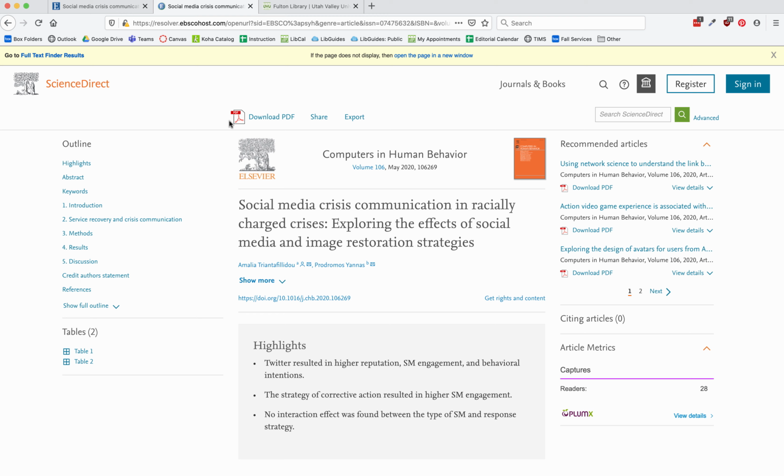But you can always submit an interlibrary loan request for an article you want to read. It takes about 2 business days for us to receive articles through interlibrary loan, and it's totally free for UVU students and employees. You'll notice interlibrary loan links in OneSearch as well as on the library's homepage.